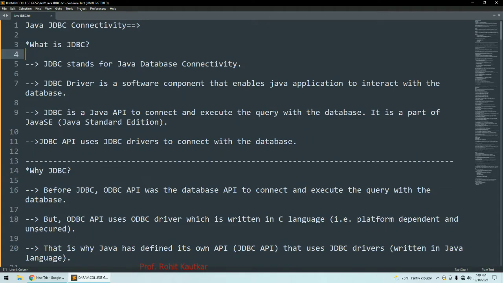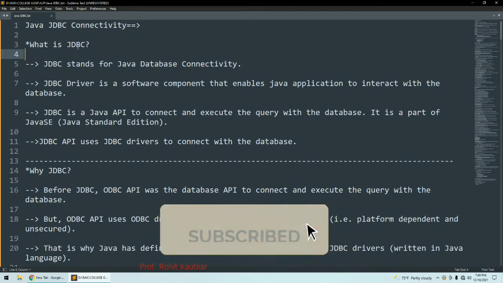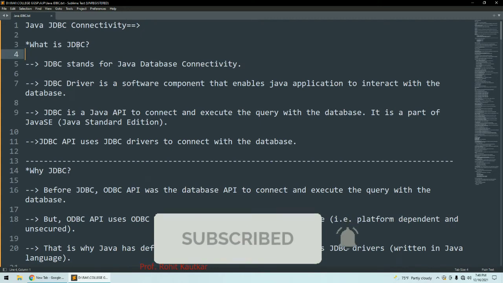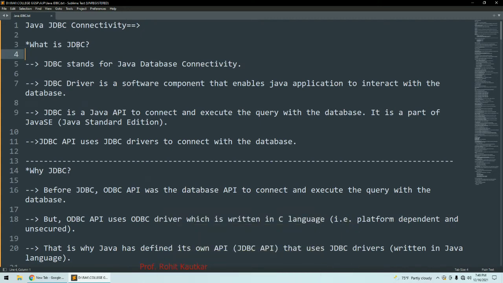Like you are using a sound driver because your media player wants to communicate with a hardware device like your speaker, or you use a graphics driver. Some program or software may need interaction with your graphics card. So a driver is basically a special program which allows us to communicate with a specific hardware device. Here you can understand your database as a hardware device with which our Java program wants to communicate. And how is this going to happen? This will happen through the JDBC driver.